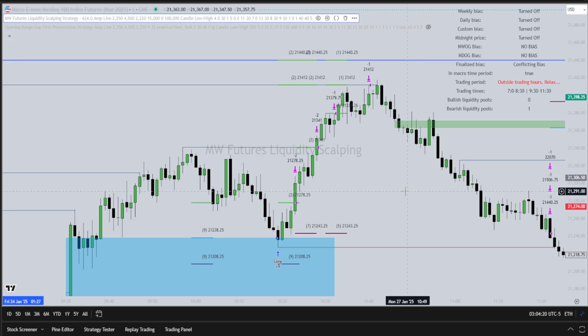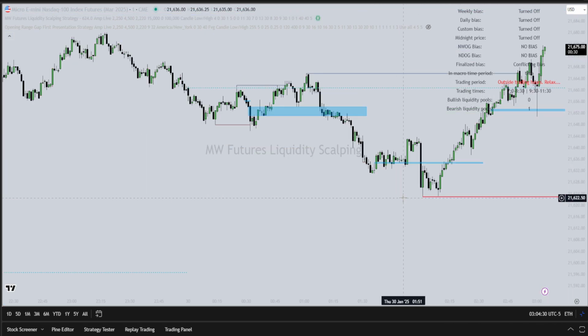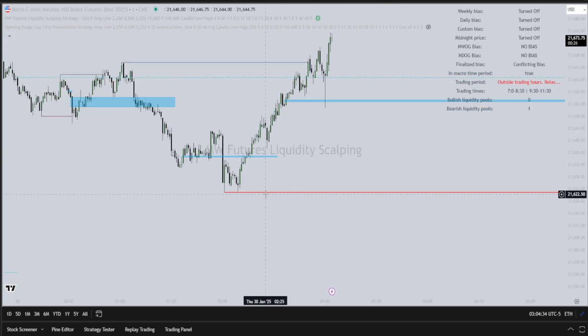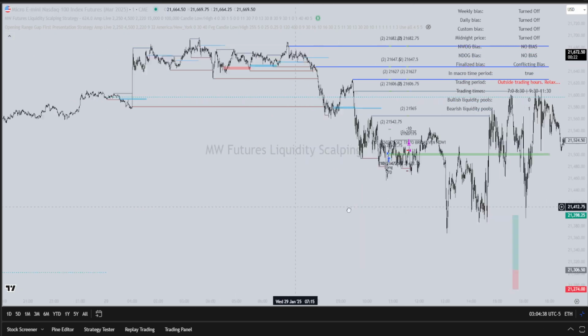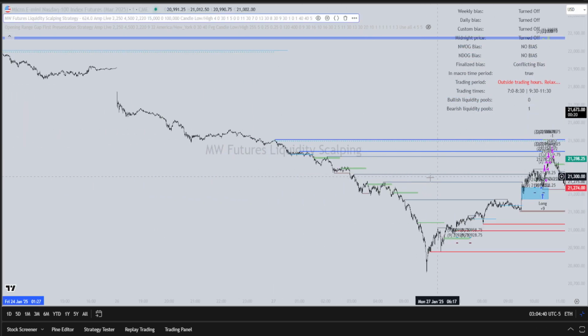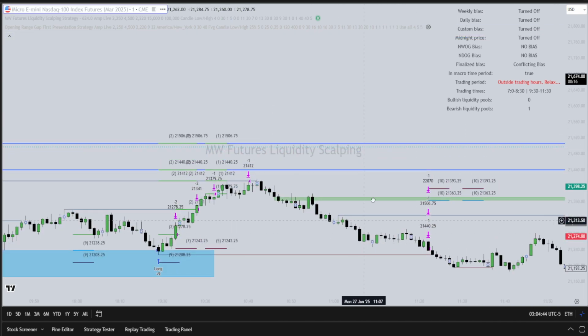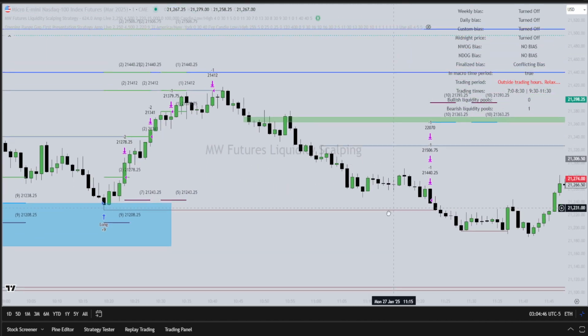All right. And as I said, right now you will always see the bullish and bearish liquidity pools, how many there are on the chart currently. So if we would go to the chart right now, you would see that indeed there's only one bearish liquidity pool at this moment in time. So let's get back to this example because we need it for our next feature,